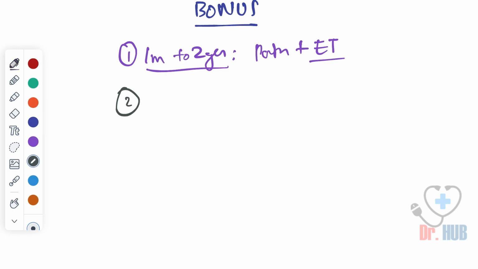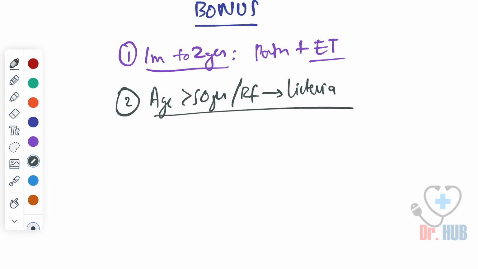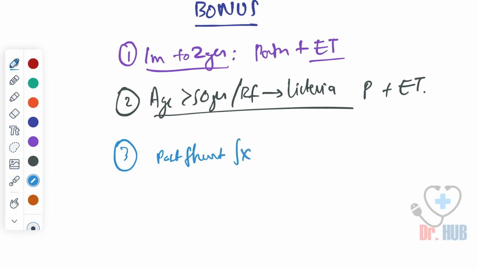The second question is, in case of age greater than 50 years with risk factors for Listeria, what are the pathogens and what is the empirical therapy? And the third question we want to ask is in case of post shunt surgery or the